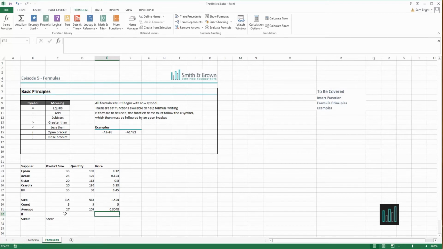Now we'll move on to the if function. The if function is slightly different, as it actually provides a logical test. Now, for example, we go equals if, open brackets. This is asking us what is our logical test. Now, for example, if we wanted to know if the average was over 30, we click on the average here, and as you'll see it's highlighted, and say, is that greater than 30,